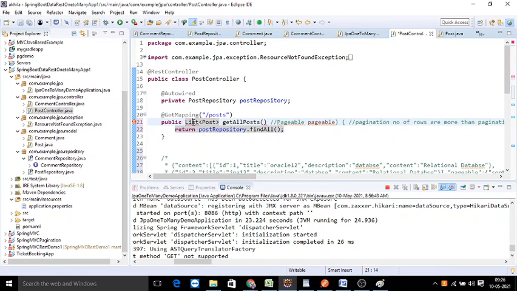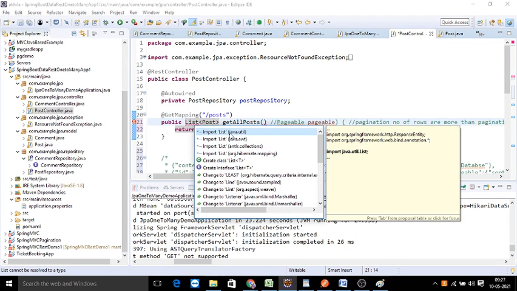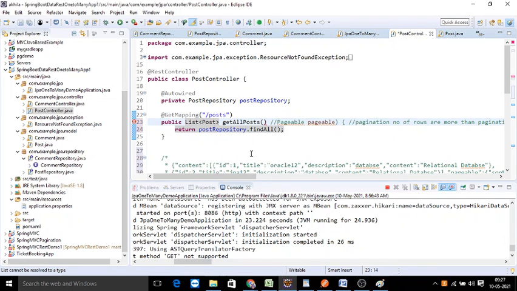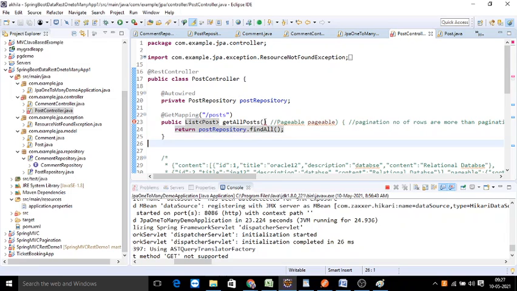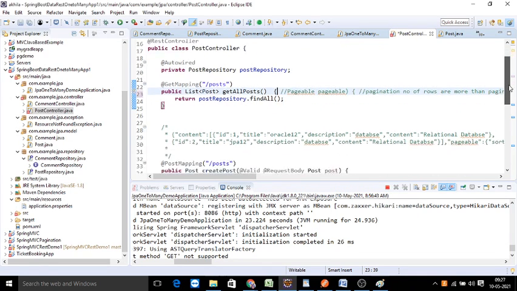It's a basic implementation. I think begin is required. Right? This is also possible. So either you can use this or you can also use the pageable syntax.